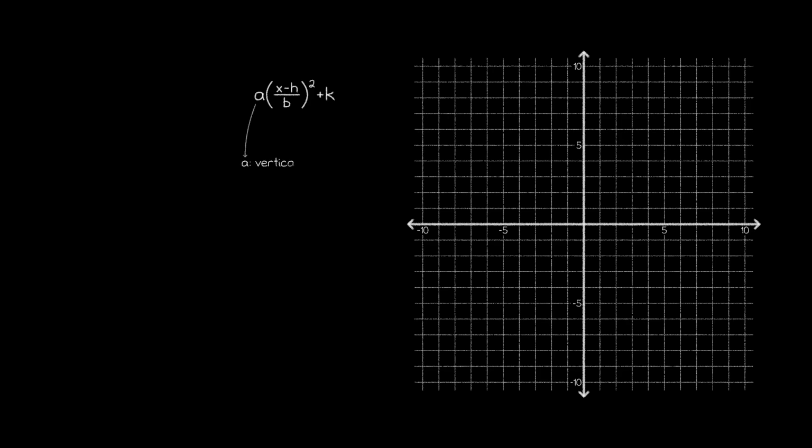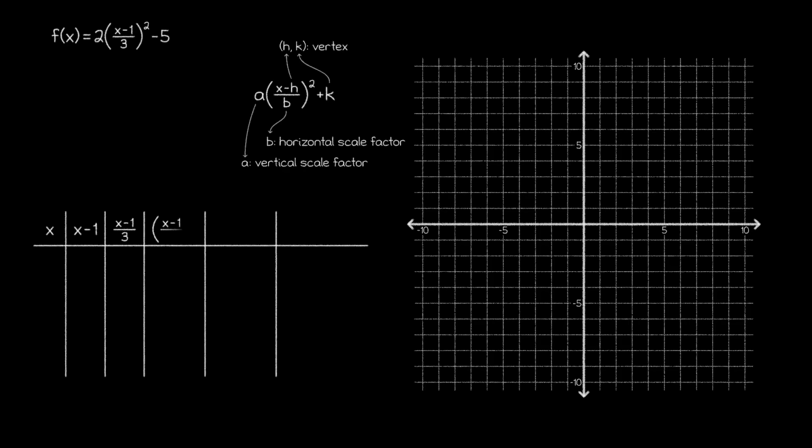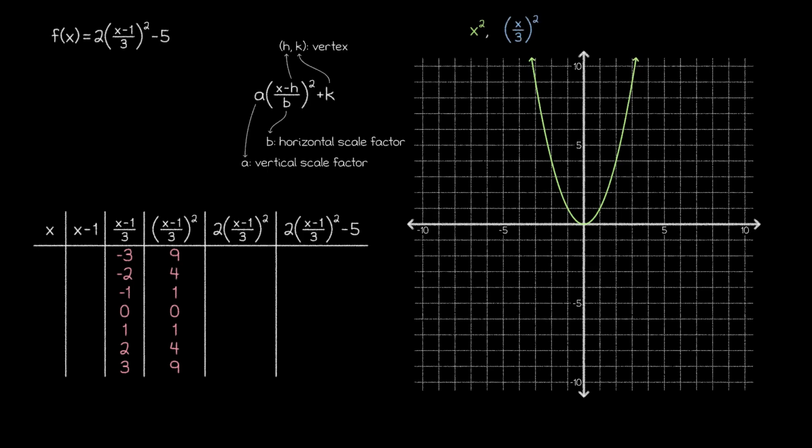Notice that this transformation format looks a lot like the vertex form, except that it has a horizontal scale factor included as well. This raises the question, why doesn't the vertex form include the possibility of a horizontal dilation? In order to answer that question, let's look at one final problem that has a horizontal dilation. We'll graph this function based on an analysis of the transformations occurring, and early on, we can see that we do indeed have a horizontal dilation.